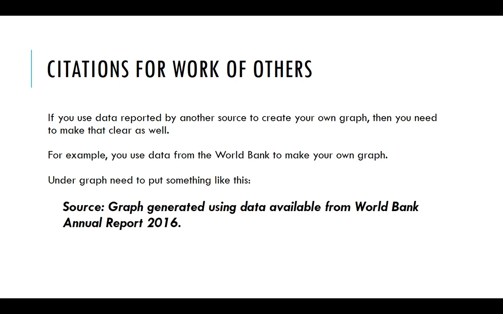Source. Graph generated using data available from World Bank Annual Report 2016. You see the difference there, right? Because with that language, I'm making clear that it's my own graph, but I'm still using somebody else's data and I need to give them credit. And once again, the full citation will go in the bibliography